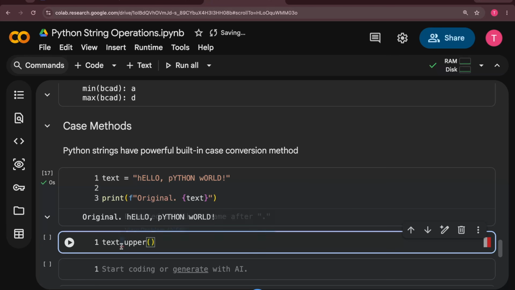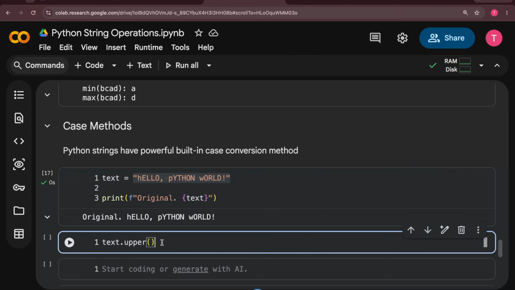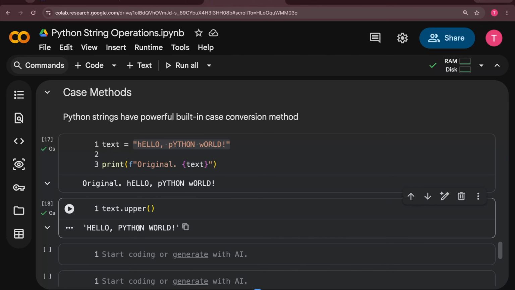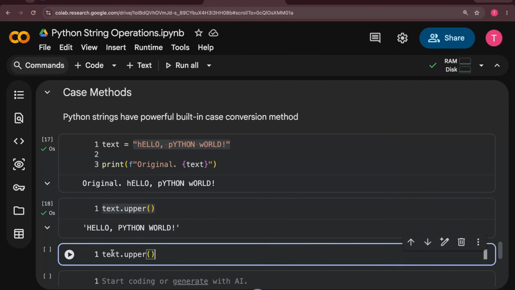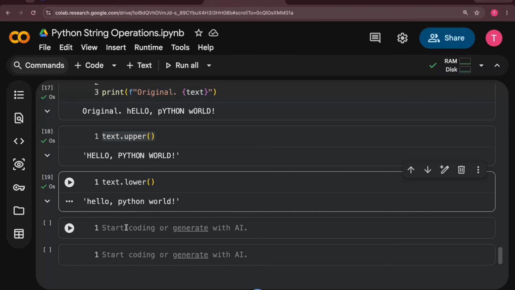Whenever we apply some methods, we always apply a dot for it, dot upper. Text is a string, and since this variable contains a string, it will have string methods. So I am doing text dot upper. It will convert my text into uppercase, as you can see here. Likewise we have lower, which does the same thing: it simply converts everything into lowercase. Then title, what title does, if I show you,